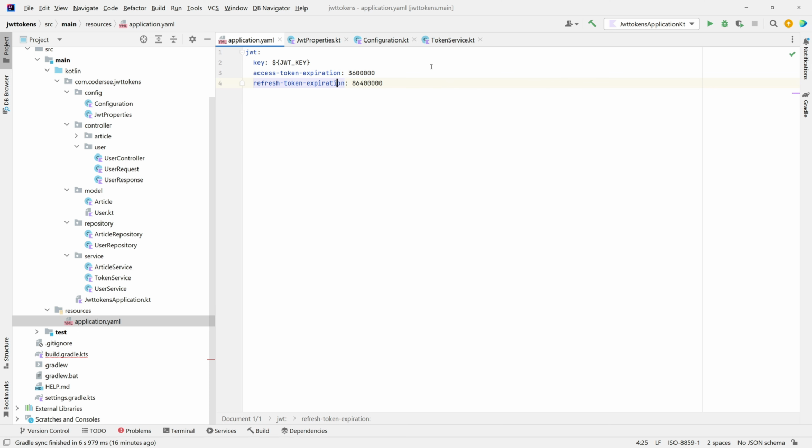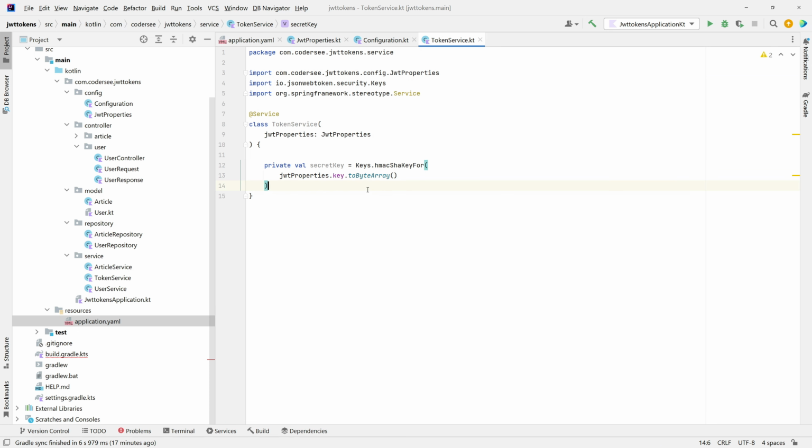to our token service. Let me open up this class. And as the first one, I would like to add the generate function, which will take 3 arguments: user details, expiration date, and additional claims. So this will be quite generic function, which will be reusable and which we'll use for both later access and refresh tokens. Fun, generate